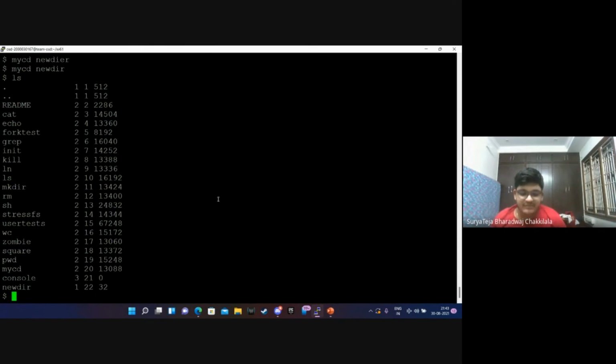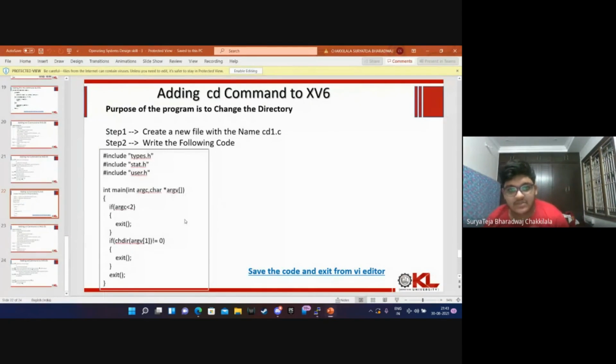I think it must be working, but as we know, cd is basically very complicated. So it's just a basic simple version which we are seeing. So that's all, I think.